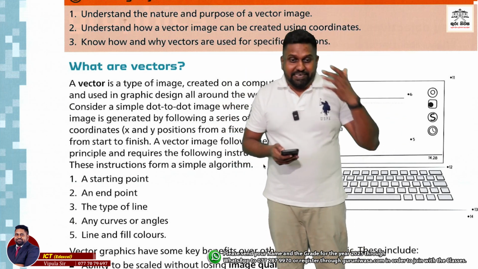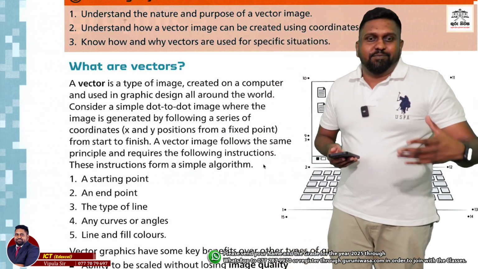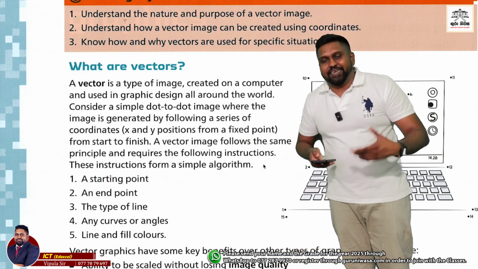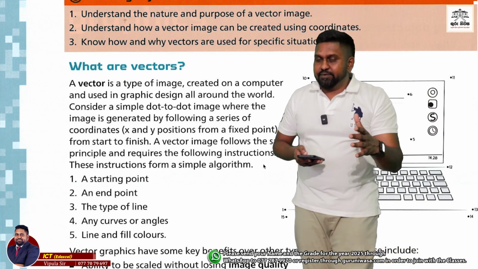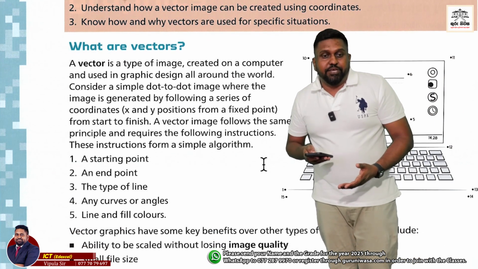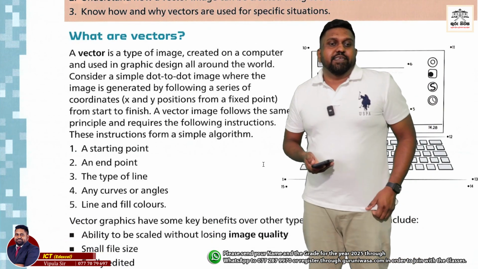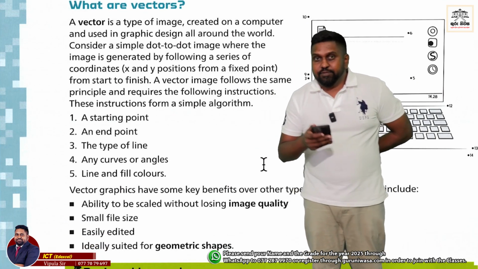What I showed you was how we use this to draw computer elements and animations. But on top of that, we are talking about a different thing known as images. A vector is basically a type of image which you use the computer to create, and now these images